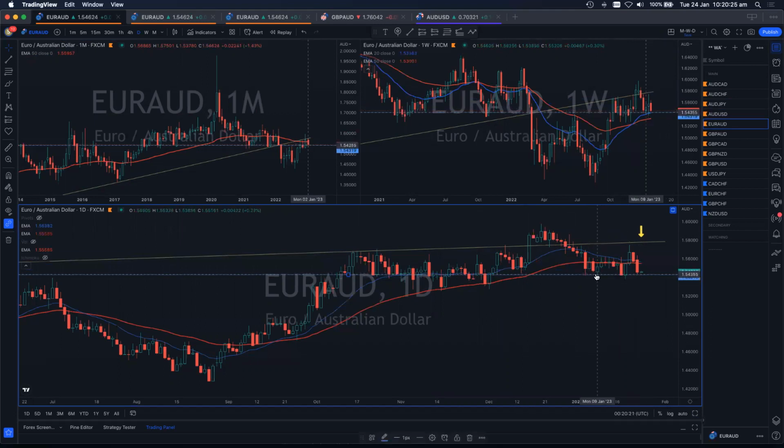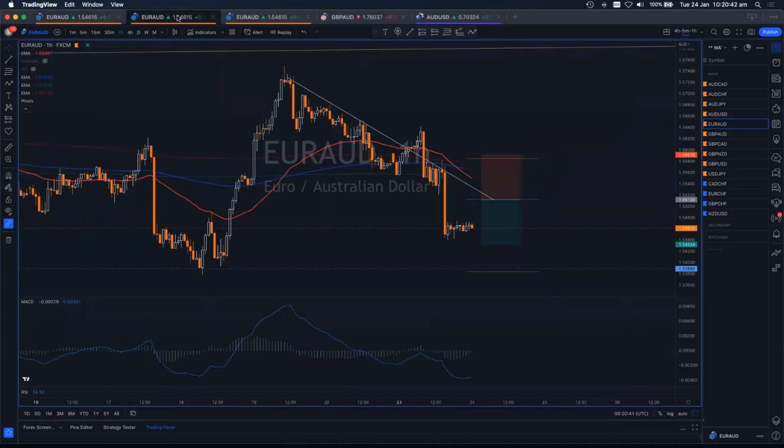Maybe rejection here, here. Nothing really. Rejection here, and bumping the road there, and maybe rejection there, and almost rejection there. So maybe there's something here, but if we look at the hourly chart, we can see we've got a nice strong downtrend. Had a good trend line. MACD is looking really good. So again, the pip snatcher short would be the way to go if the 1 hour 50 has time to